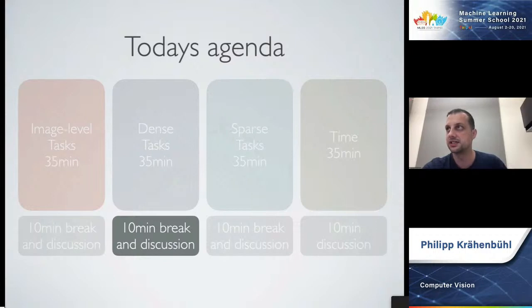Is super resolution a dense task? Are neural networks state-of-the-art here as well? Yes, so some people separate out image generation as a separate task and then bundle everything under image generation. Here, I just put it with the dense tasks. It is definitely a dense prediction task. In this case, for super resolution, you would predict multiple outputs for one input. So if you want to super resolve by a factor of 2, you'd have four output pixels for each input pixel. And yes, deep networks are definitely state-of-the-art.